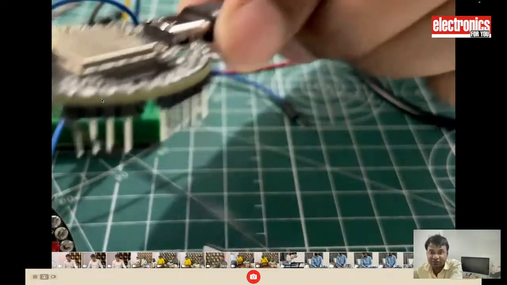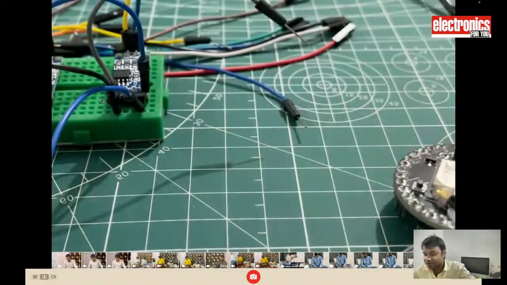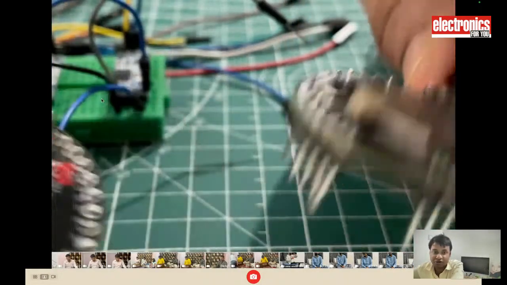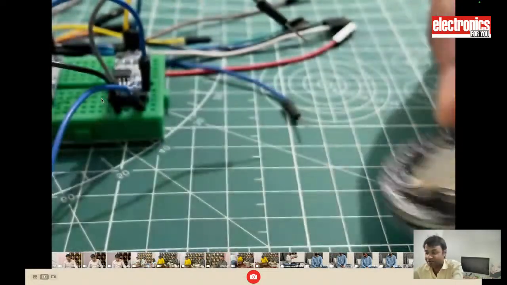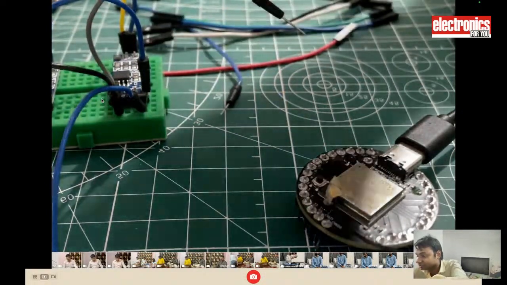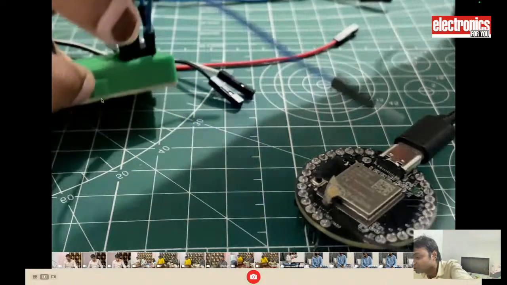So this board is the sender, and this board is the receiver. I have already programmed this board with the sender code and the receiver code. So one board is sending the data over the CAN bus, and another board is receiving the data over the CAN bus. So now what I will do is connect these TX pin and RX pin